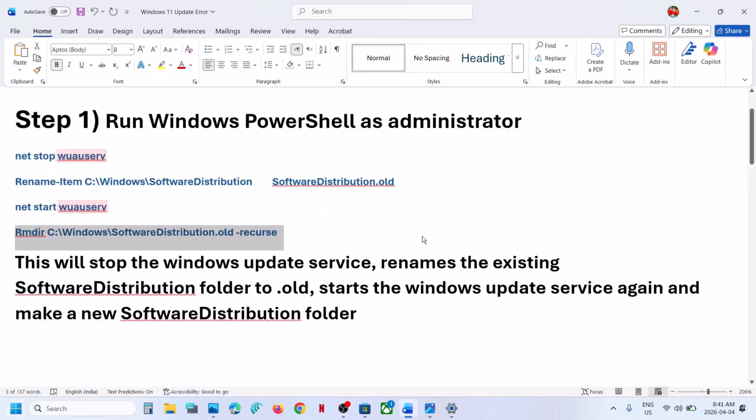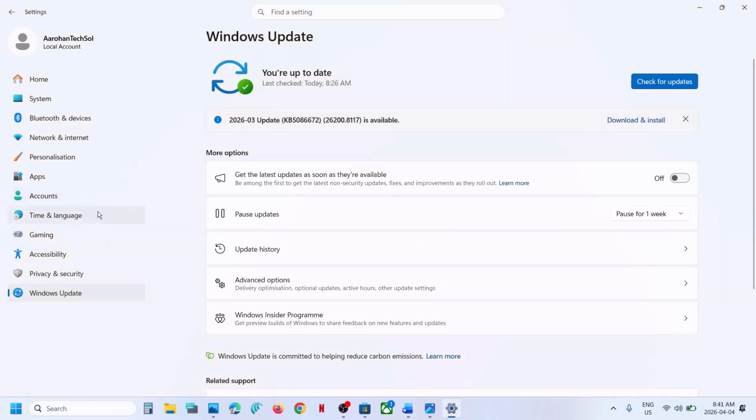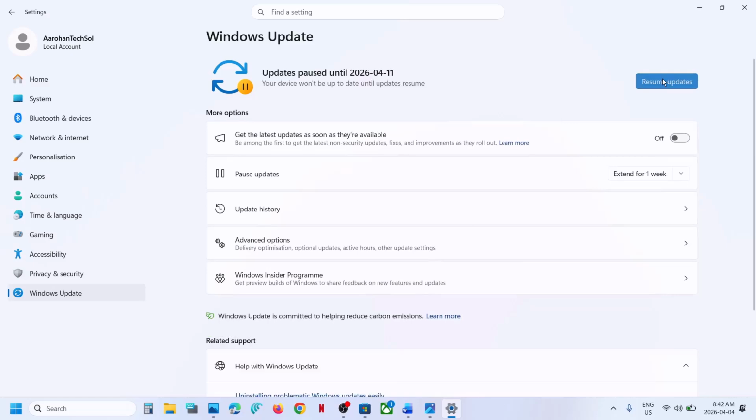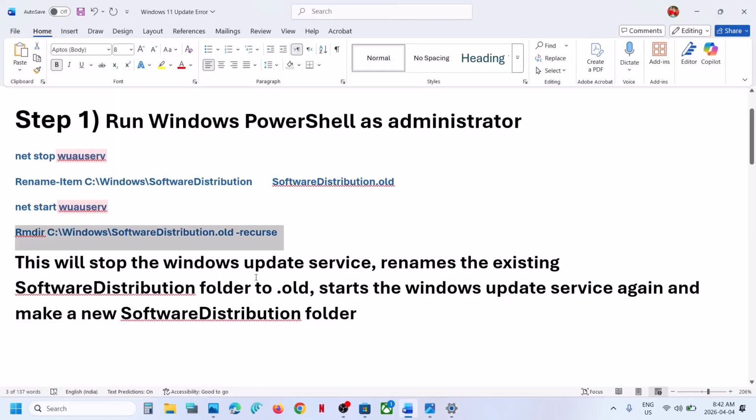Still not working, the next step is to open Windows settings, and over here you can see pause option. So hit pause over here. This may take some time, and once the update is paused, you will see resume update option over here. So hit resume updates and then you can check. Still not working. The next step is to